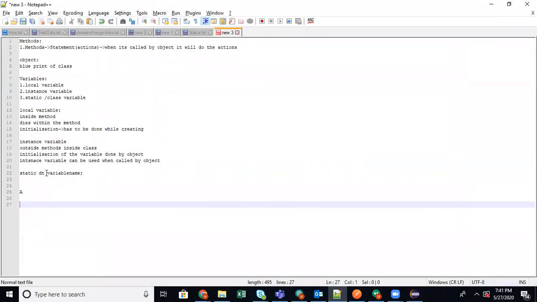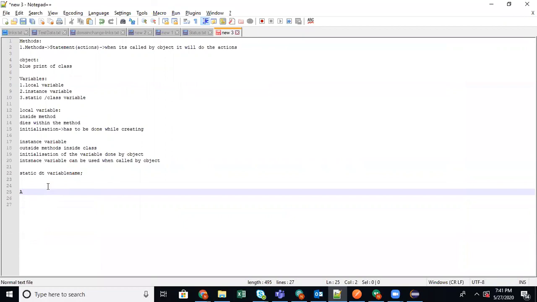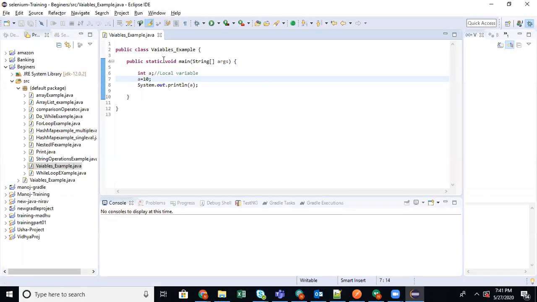What is the second variable? The second variable is called an instance variable. For an instance variable, you position the variable outside the method, inside a class. That means here, int b. If I want to utilize this anywhere inside the class, that is inside any method, then I should use an object to use it.